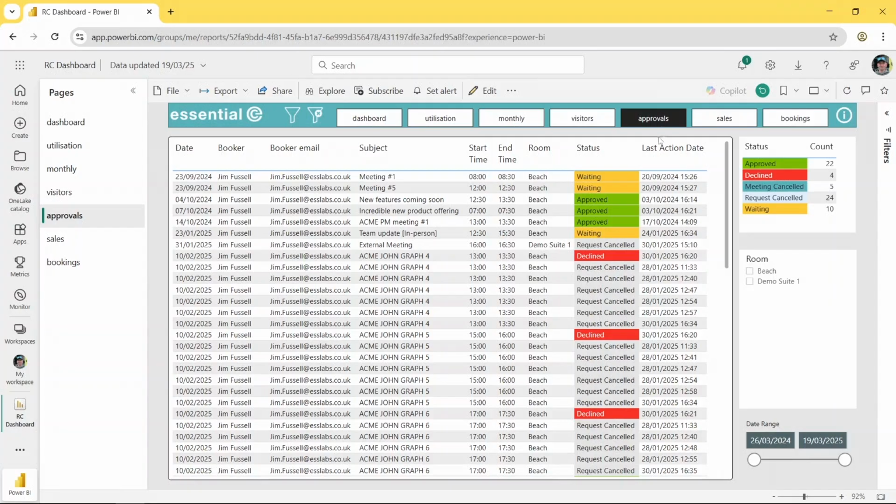So we can see on our system we only have 2 rooms that are configured for delegate approval, and I can see the status of these individual bookings, whether it's waiting for approval, whether it's been approved, and whether the request was cancelled. And that means that the booker cancelled the meeting before the delegate had responded,